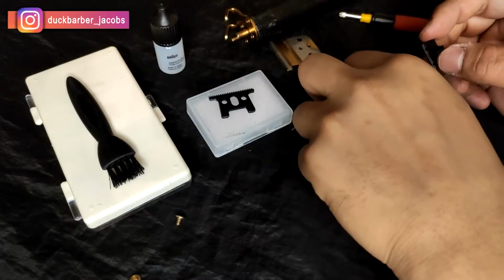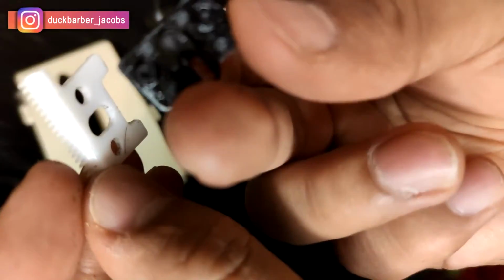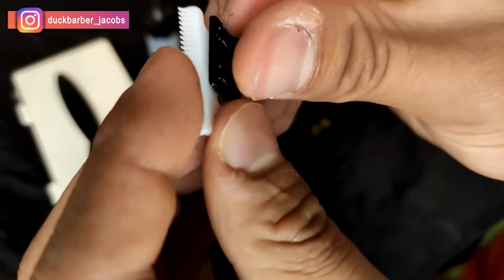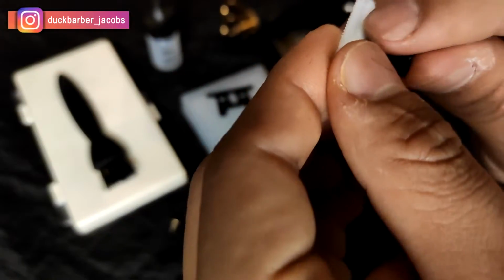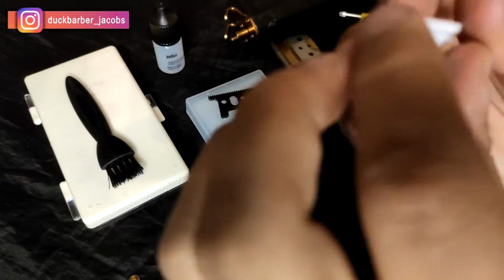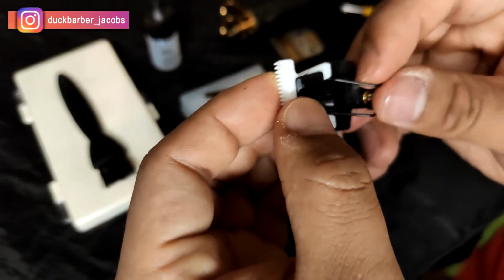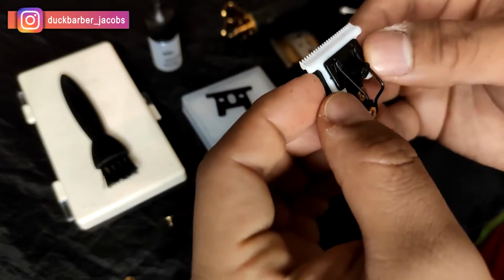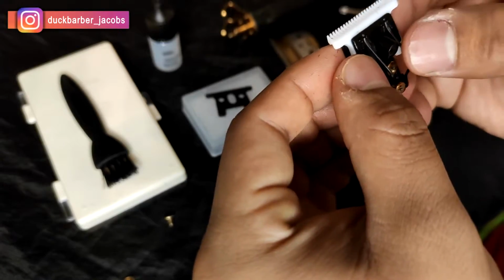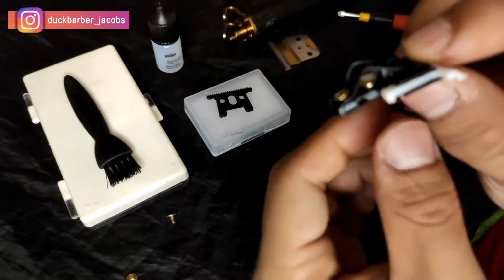any, if you have an Andis Pro liner blade or something like that, it should fit with these three holes. So just clip them together like this. It's taking a little time, but clip them together and basically put everything back the way it was before. Make sure those two parts are fitting into the hole or the section. Yeah, this is how it looks. And so we're putting the smaller bottom blade back to the top blade, and this is how